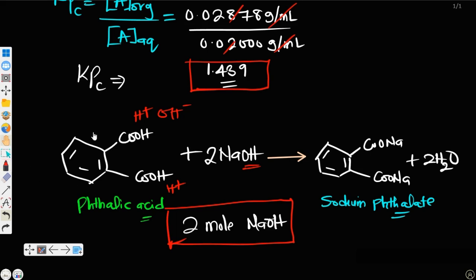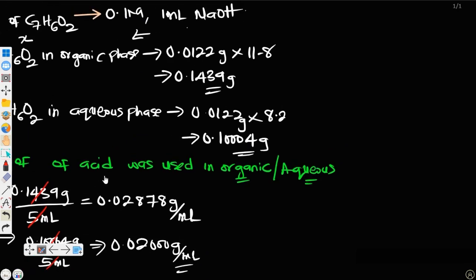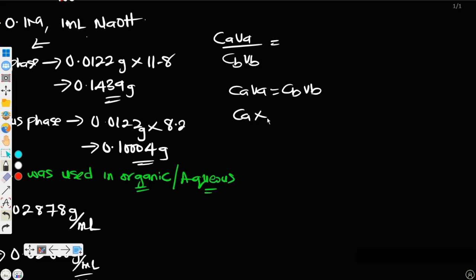Now, if you want to use the idea of C1V1, I believe everybody should be able to do that by now. Using C1V1 equals C2V2 and the rest, to still give us the same answer. CA VA over CB VB is equal to NA over NB. You know NA over NB is what? It is 1 over 1. So it's going to give us CAVA equals CBVB. Concentration of the acid, you don't know it, so you can write Ca. Volume of the acid, 5 mL. Concentration of base, 0.1. Volume of base is the titer volume, which is 11.8 for the organic phase. So Ca would be equal to 0.1 times 11.8 divided by 5. This will give us